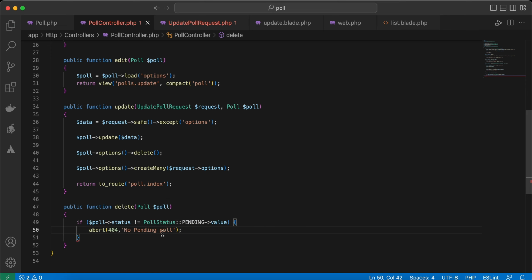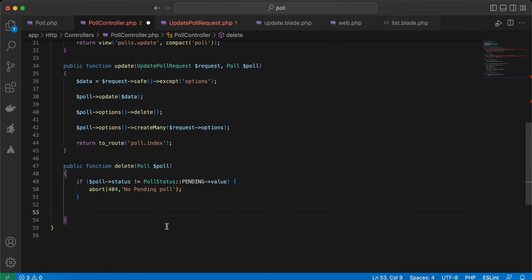Back again, otherwise remove it, poll delete